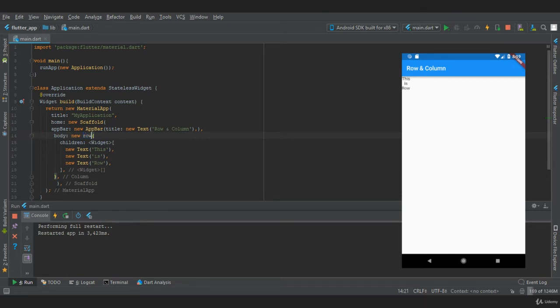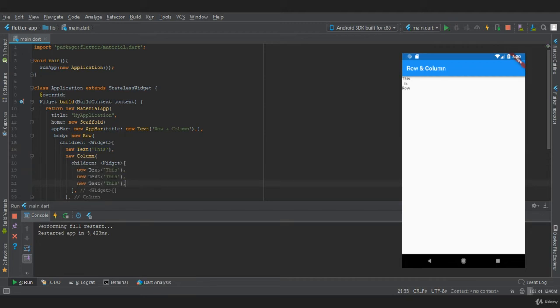So let's consider that I want to create a column inside a row. So on the second row, I am going to create a new column using new column widget, and in this I am going to provide three more child using children property, and the child that I am going to provide will be a text widget.